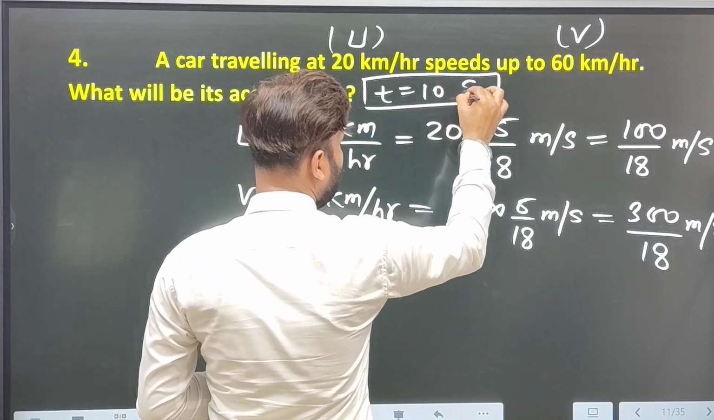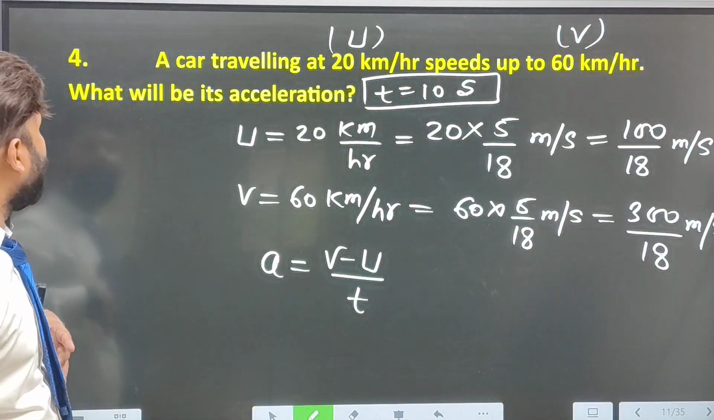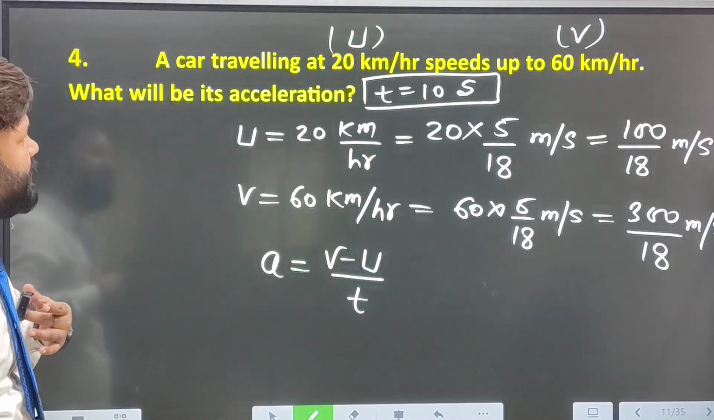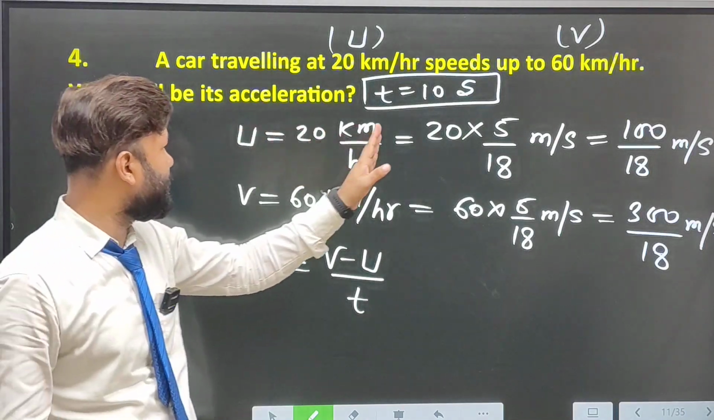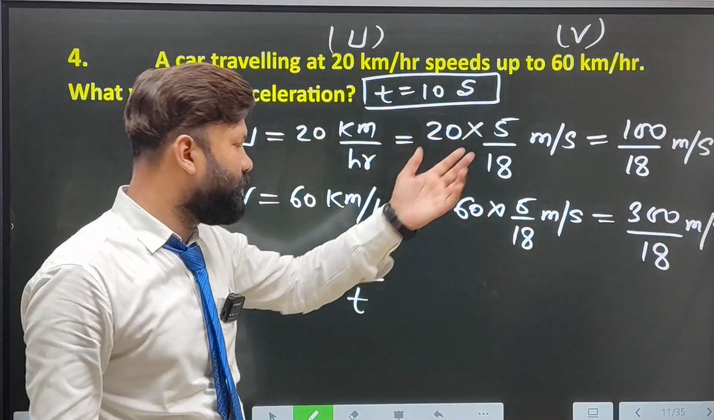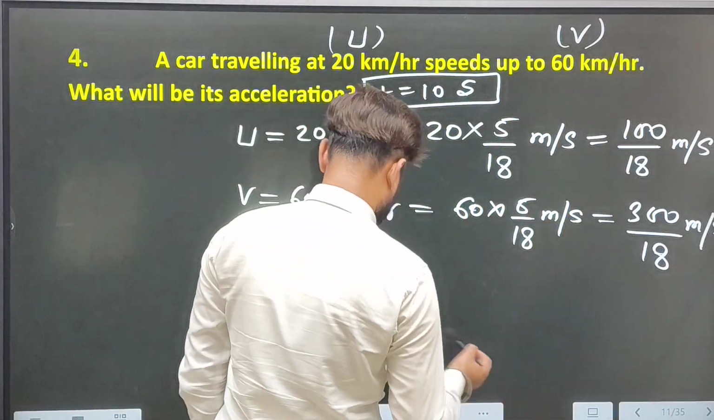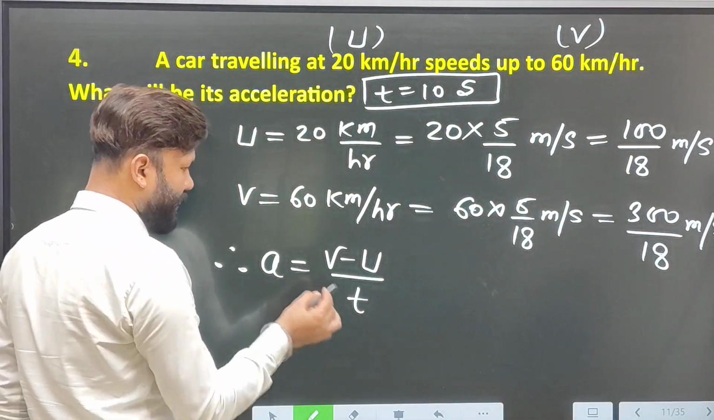Time is 10 seconds. A car traveling at 20 km per hour speeds up to 60 km per hour, what will be its acceleration? Time is not given in the question, so I have assumed 10 seconds. Now in this formula we can use